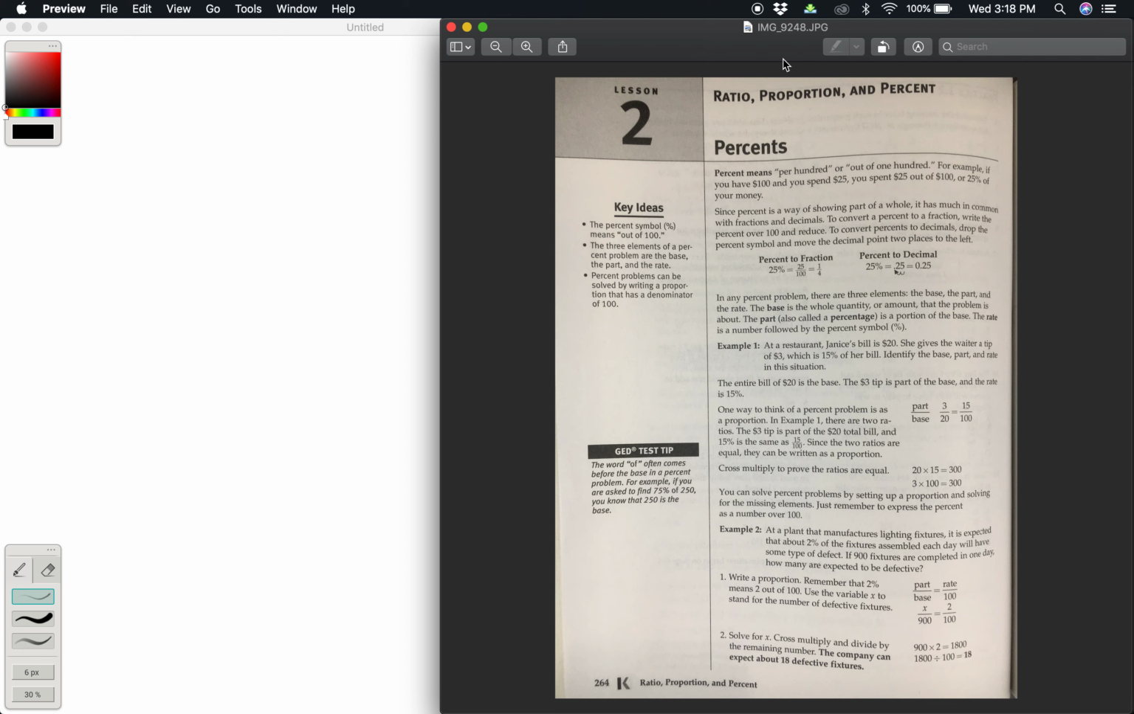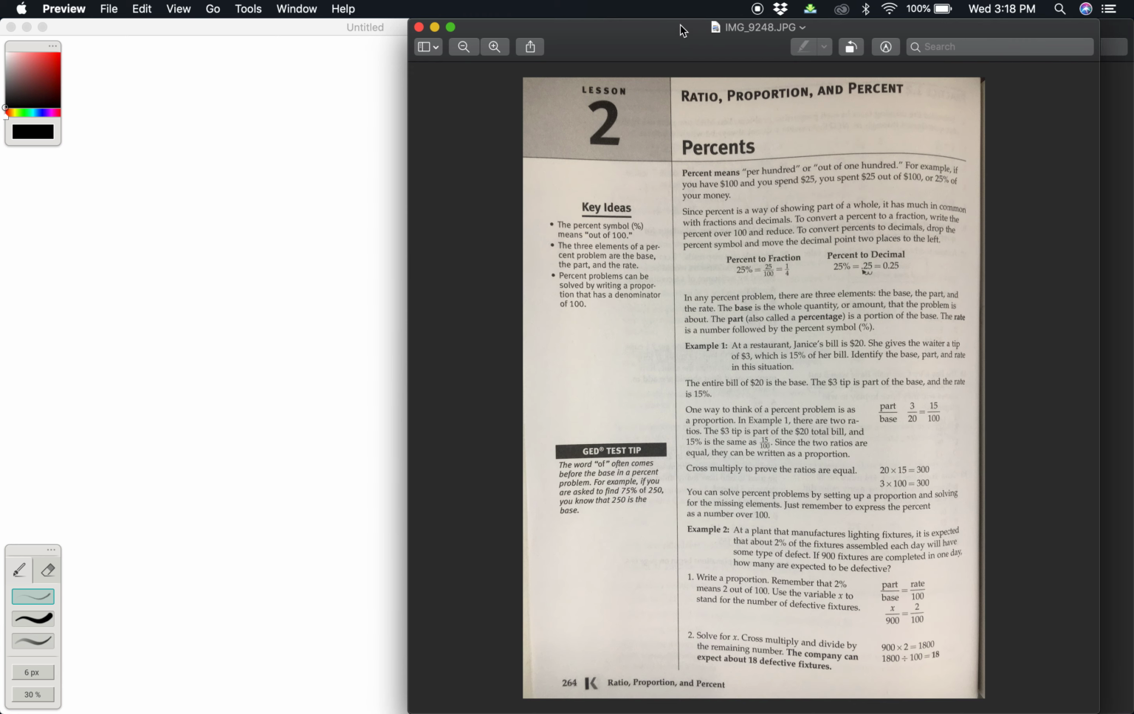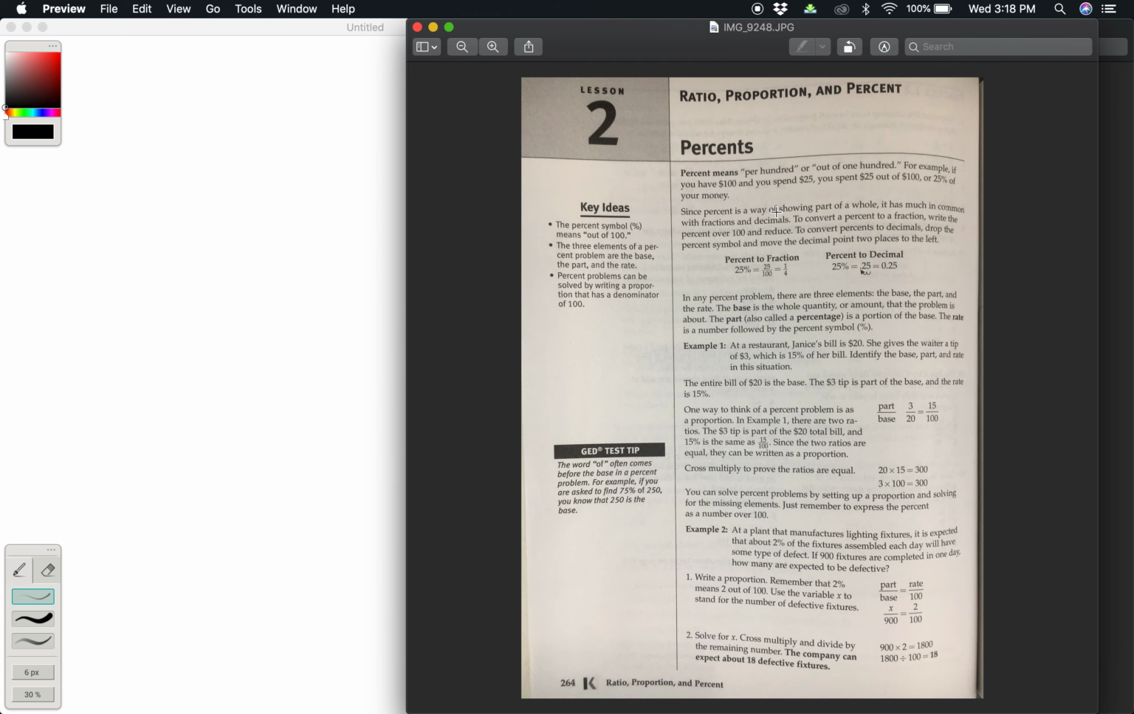This lesson is going to be on percents. It's in the ratio, proportion, and percent section. So, I'm going to read the key ideas. This is basically the first page that explains about percents. I'm going to let you guys pretty much read this on your own, and then I'm going to go over the actual worksheet with you guys, but I will read these key